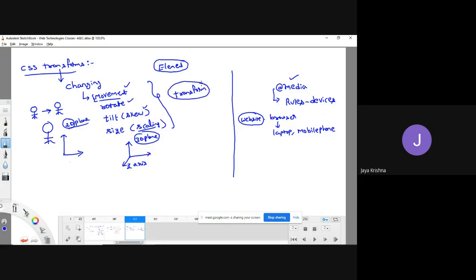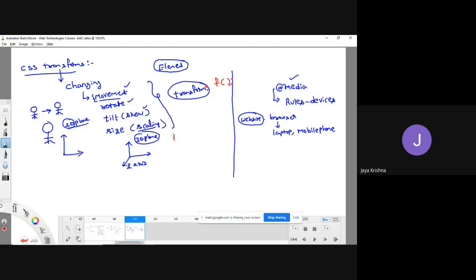This transform property is meant to perform any kind of movement, rotation, tilting, or scaling. This transform property is going to accept the values in the form of various kinds of functions, or we call them methods.